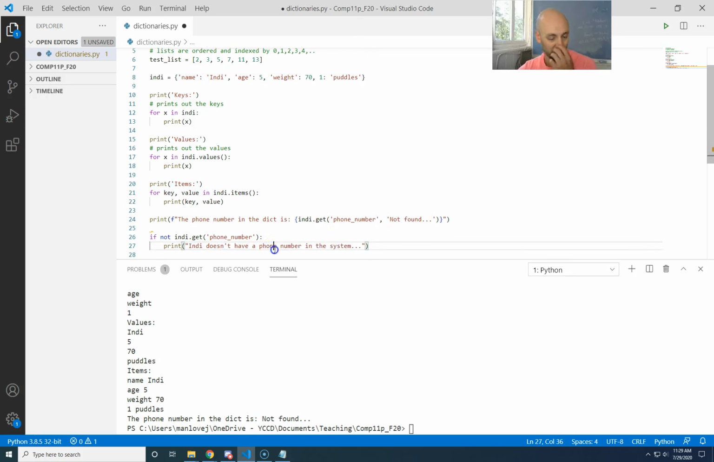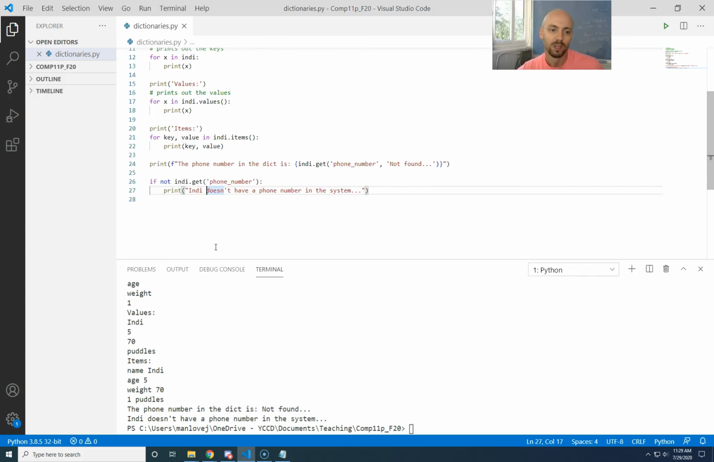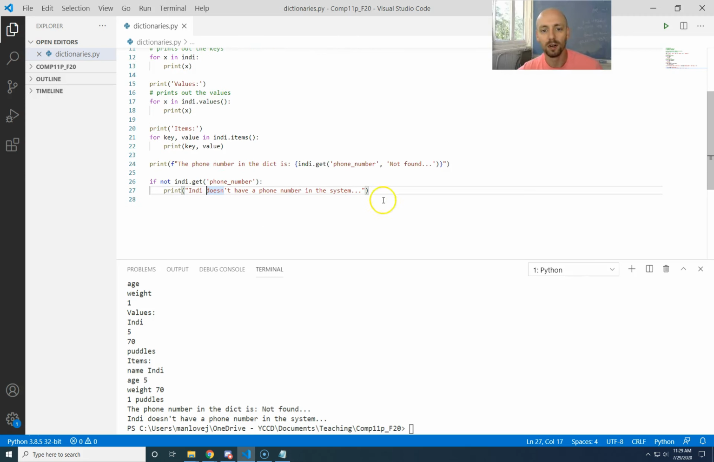All right. See how that works? Because the result of this is none, and not none is a truthy kind of value. So this, not indy.get phone number, acts like true. Okay, so that's kind of manipulating what's already in there. If you want to add things,